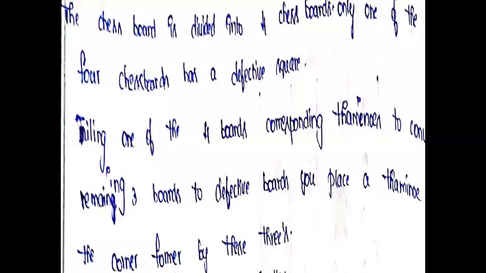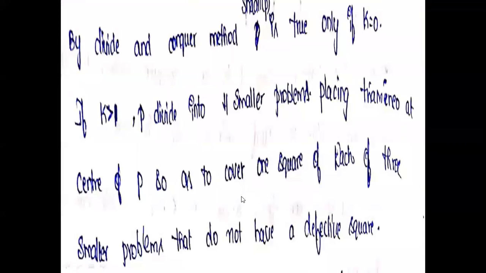It is the remaining three. The remaining chessboards with non-defective squares are covered with one triomino. So here, to solve any problem, the problem is divided into four sub-problems. Same here, to cover all the defective squares, any chessboard is divided into four sub-chessboards. That is four sub-chessboards. Every chessboard has one defective or non-defective square. In the three non-defective squares, each is covered with one triomino.